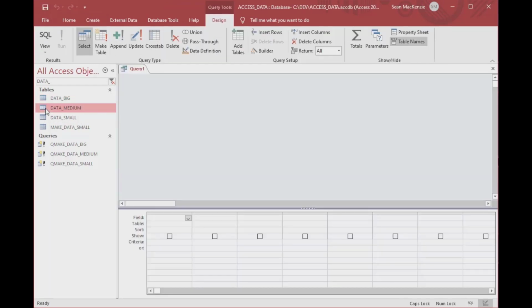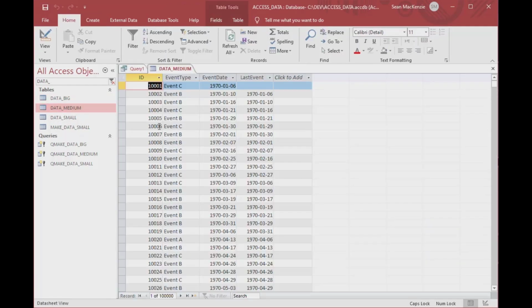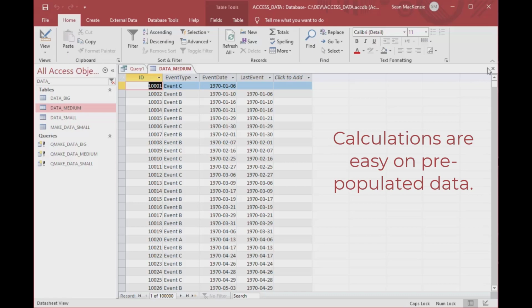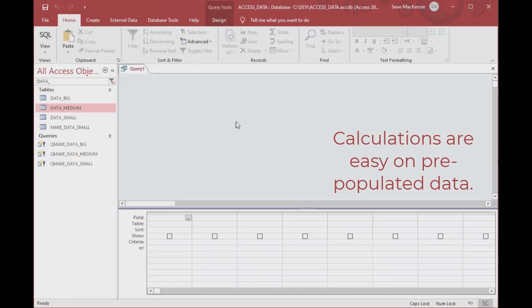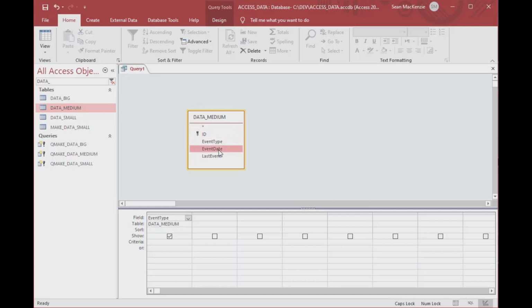And so one of the things that you'd probably want to do, if you opened your table and you have your lag dates created, is what most people will do at that point: some kind of calculation off of whatever the lag between the records was. And so if we make a query and we include our event date and last event date, we can go ahead and create the